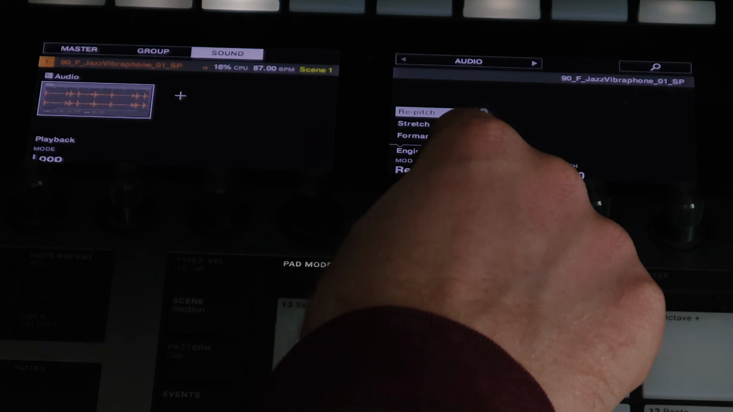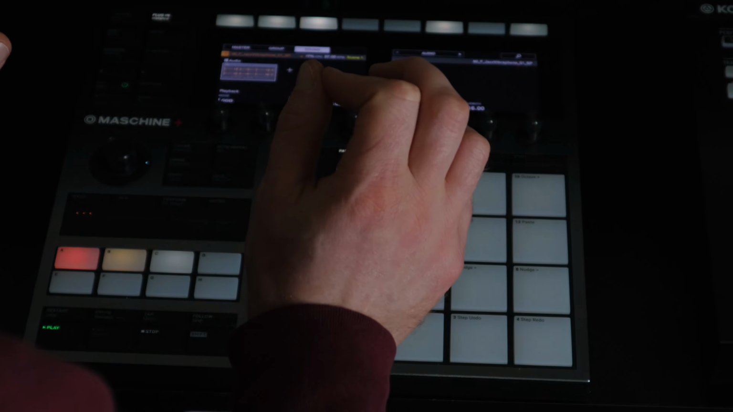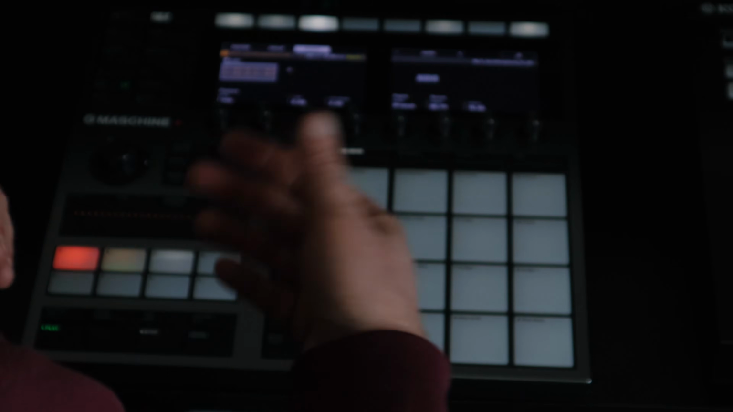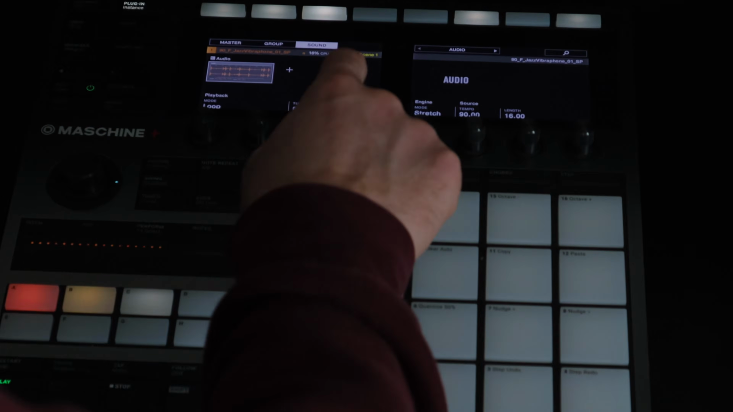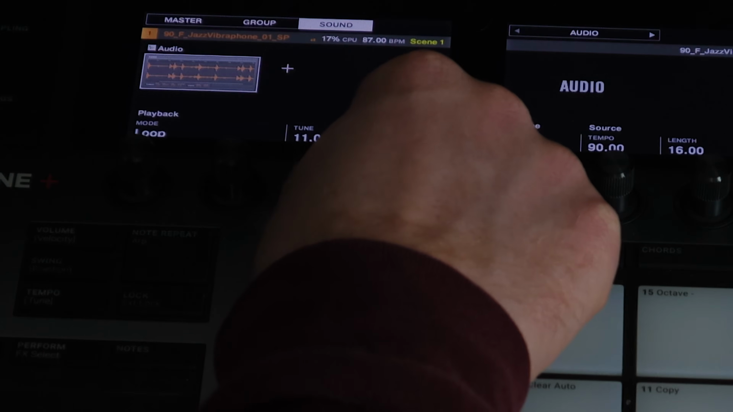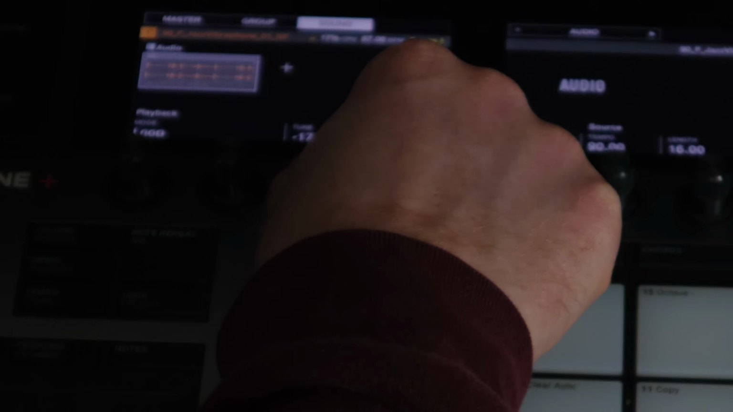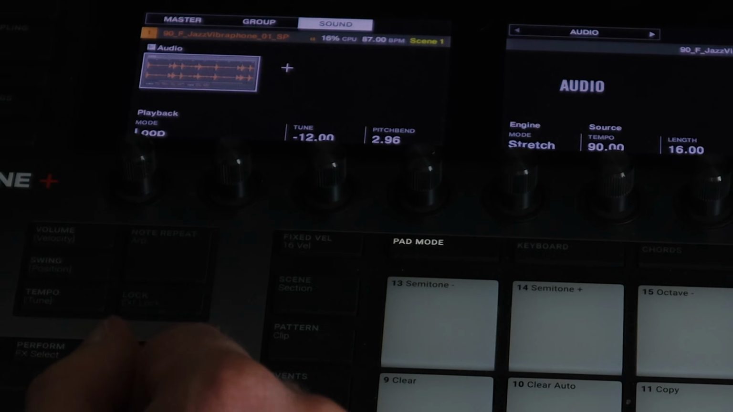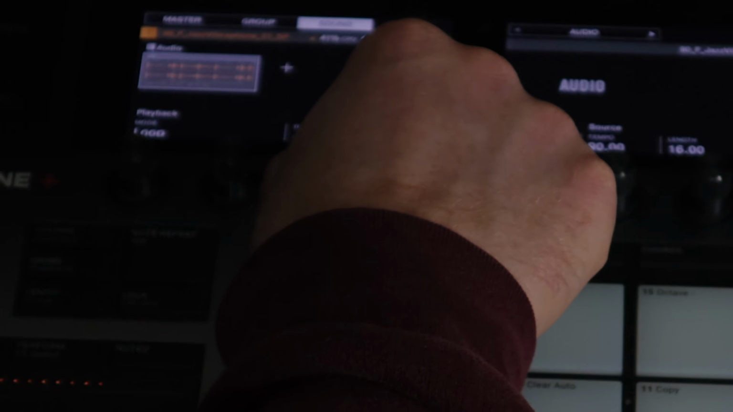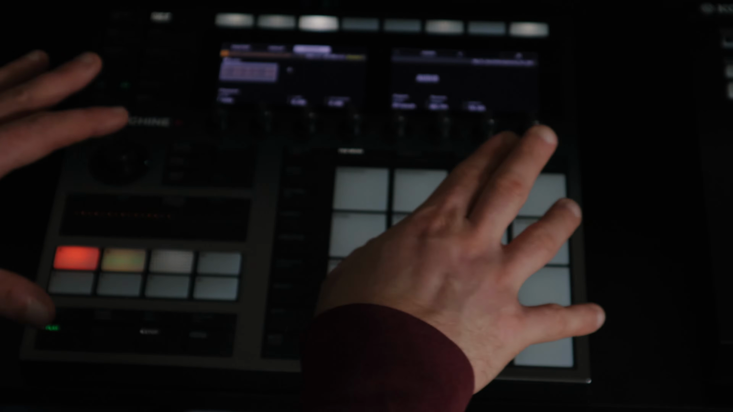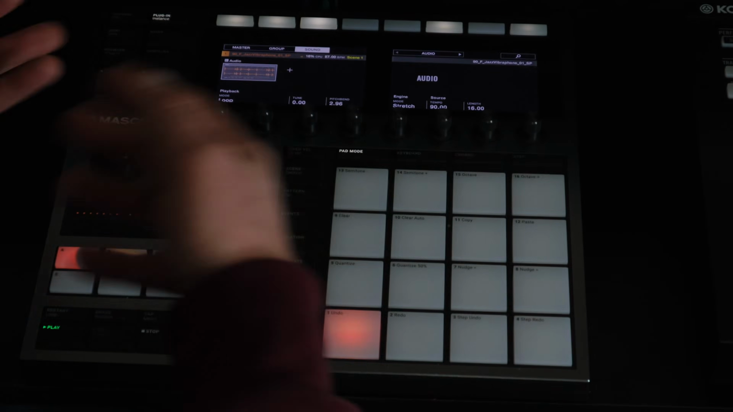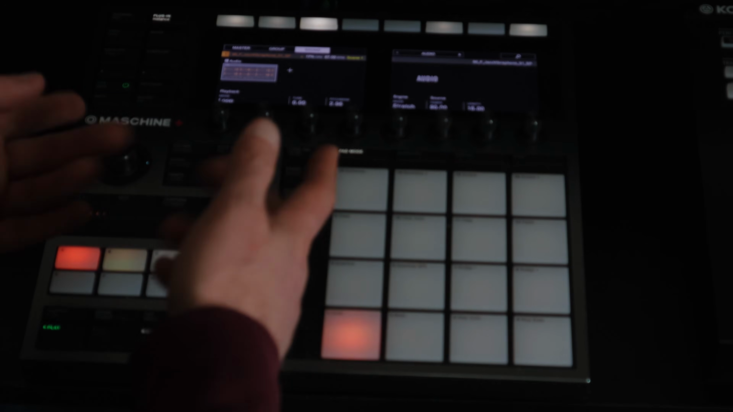Now, if we take it off repitch into stretch, now it's going to keep the original key, and we can tune it up and down if we so desire. So we're up an octave, or we can go down an octave. I like to down tune these quite a lot. And while that's all useful for letting a sample just play out and be repitched and layering samples together,